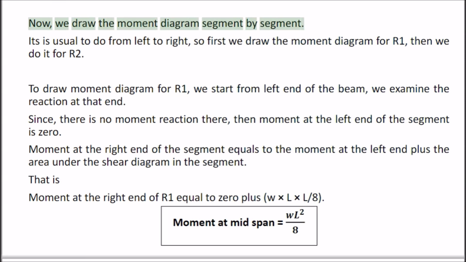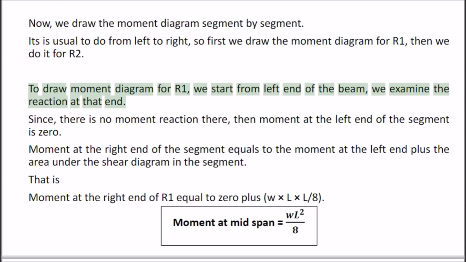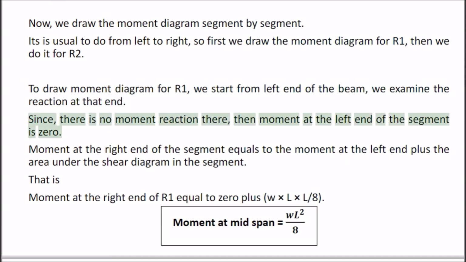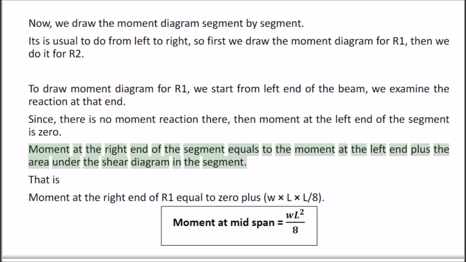Now, we draw the moment diagram segment by segment. As usual we go from left to right, so first we draw the moment diagram for R1, then we do it for R2. To draw the moment diagram for R1, we start from the left end of the beam and examine the reaction at that end. Since there is no moment reaction there, the moment at the left end of the segment is 0. Moment at the right end of the segment equals the moment at the left end plus the area under the shear diagram in the segment. That is, moment at the right end of R1 equals 0 plus W times L times L/8. Moment at midspan equals